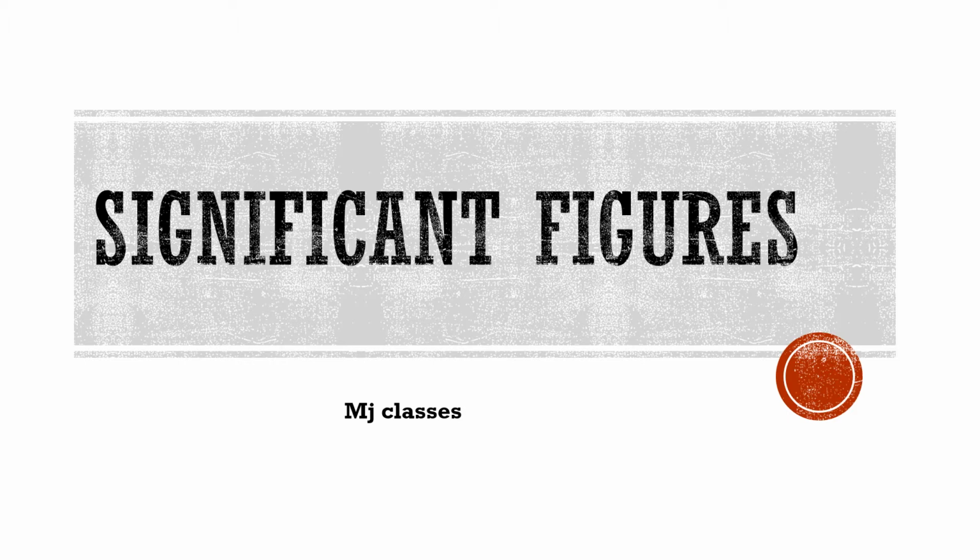So in this video, first we will talk about the rules to define the number of significant figures in a particular data, and then we will talk about the algebra of the significant figures, and finally we will talk about how we can round off a decimal number and the different rules for rounding off the different numbers. So that is all about this video. First we will start with the rules to define the number of significant figures.